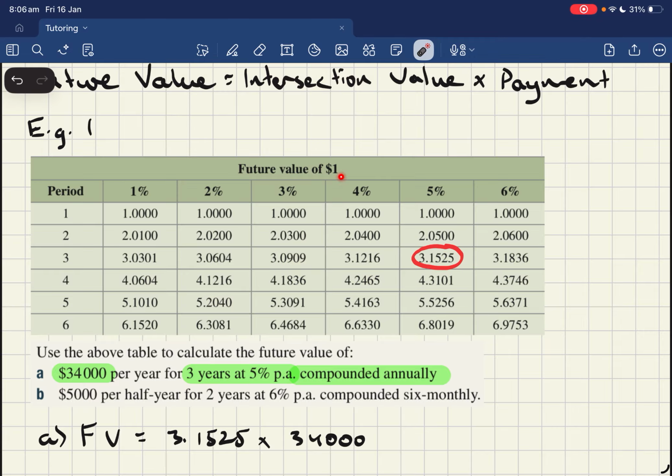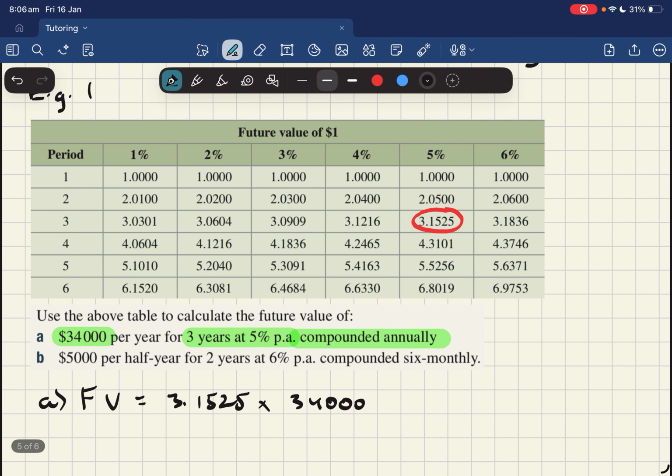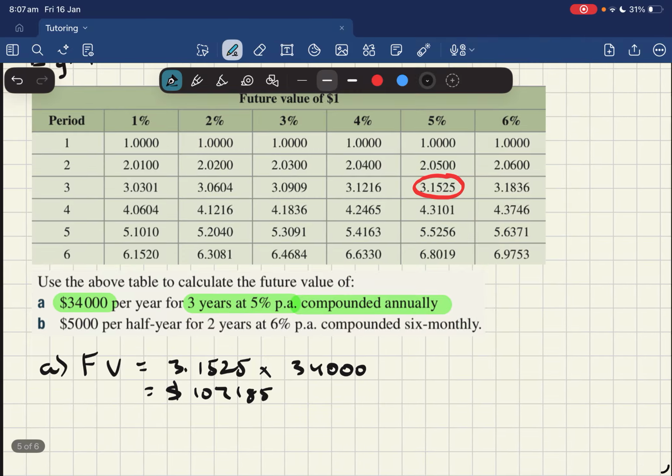So for every $1 we invest at these conditions here, we will get $3.1525. So for 34,000, we have to multiply those two. So when we multiply them, that's going to give us 107,185. So the future value is this amount here. Now, part B,